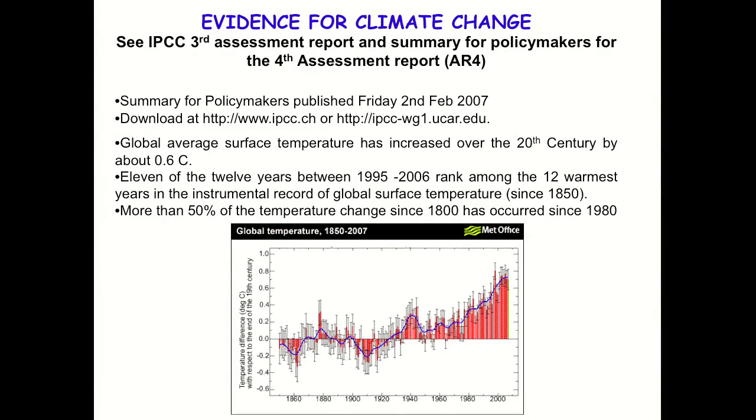And notice when that original report was made, they were talking about 0.6 degrees C. Now they're talking 0.85 degrees C, based on the last 5 years of data added to that. They also mentioned that between 1995 and 2006 we had the warmest 12 years on record since 1850. That record has since been broken. The warmest records were a couple of years ago, depending upon which institute's analysis you look at. And about half the temperature change since 1800 has occurred recently, and that's still true.